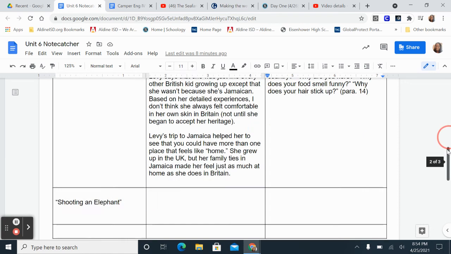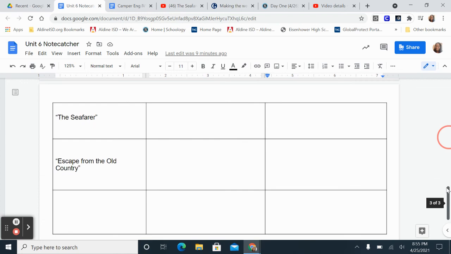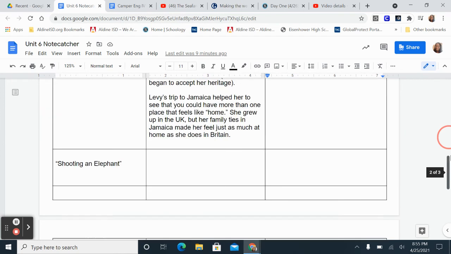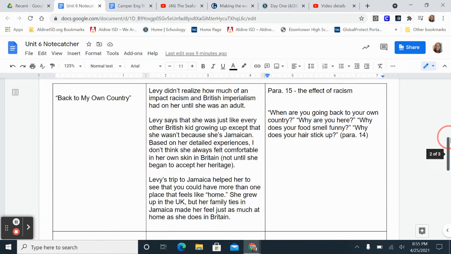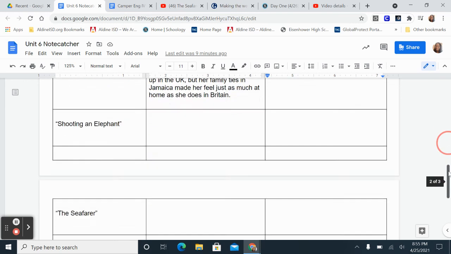So the rest of the texts are listed here: Shooting an Elephant, The Seafarer, and Escape from the Old Country. And you're pretty much going to do the same thing. You'll put your insights here, and your text evidence goes here. But keep in mind that your text evidence must support your ideas. And just to show you, you have one, two,